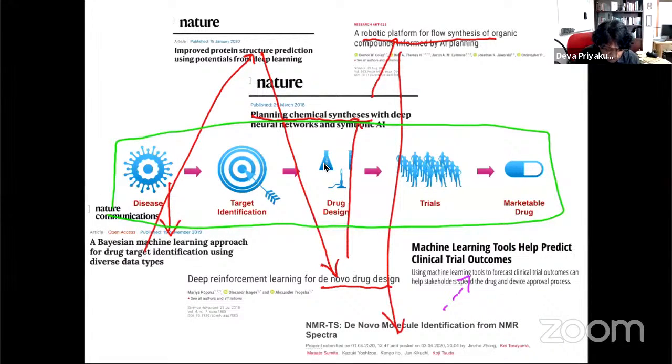These are some of the actual examples that came out in the last less than 2 to 3 years. Okay, all these papers that I have put there, all the titles, all of them have been published in the last 2 to 3 years, less than 3 years, all of them, right? So when I say, what if an algorithm takes a sequence and predicts a structure, that's exactly what that algorithm does.